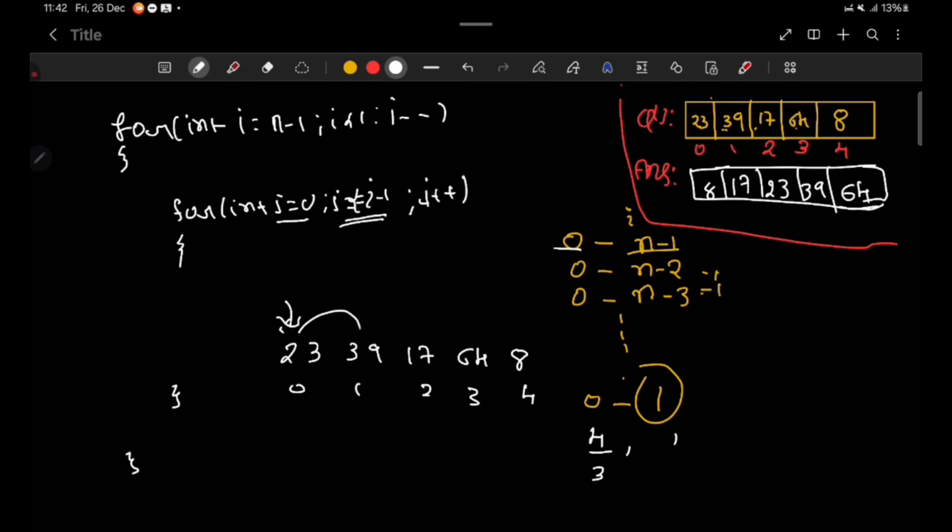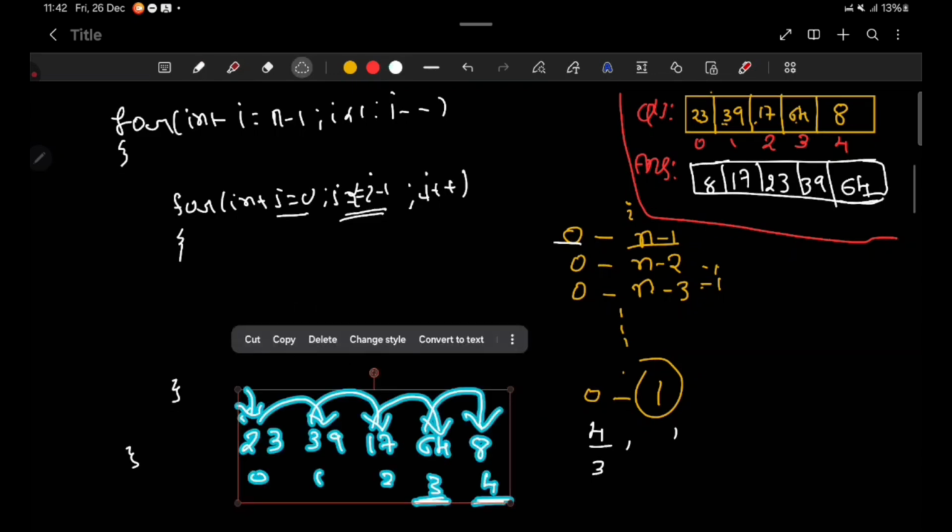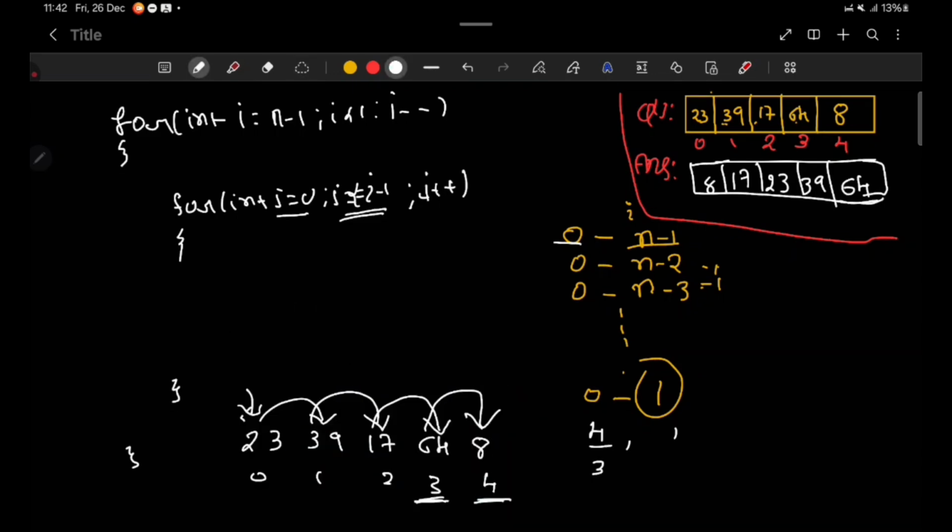What does it mean? First of all, I compare this one, then this one, then this one, and then this one, j with this j plus 1. Inside my for loop, I compare adjacent elements. So here I write if array of j is greater than array of j plus 1, it means that